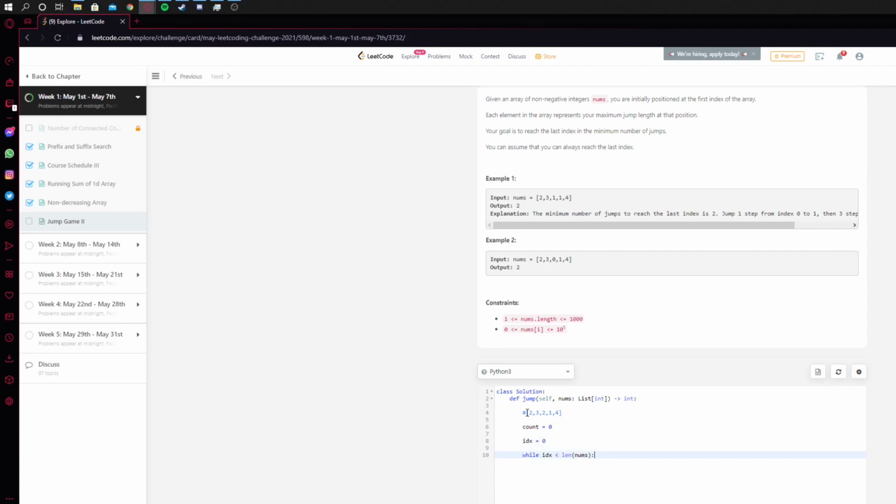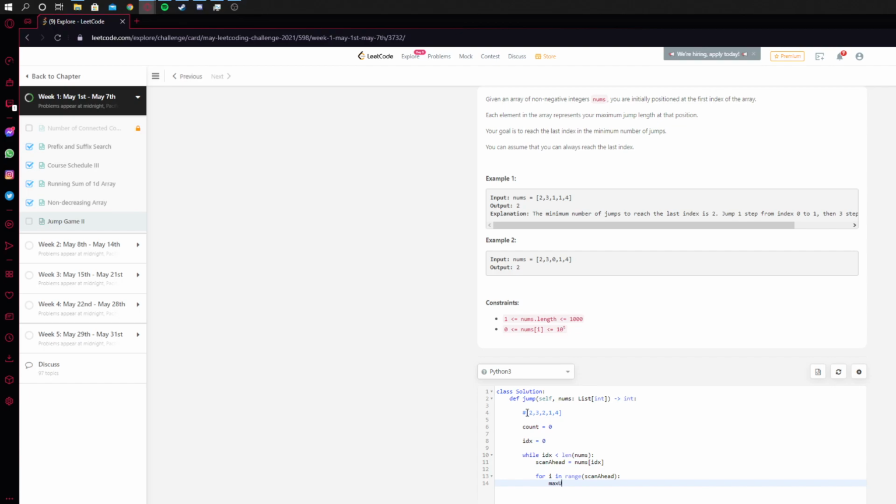Okay, and then we want to scan ahead. So scan ahead equals nums index, for i in range scan ahead. We want to check to see which one is the best one. So it'd be like a max